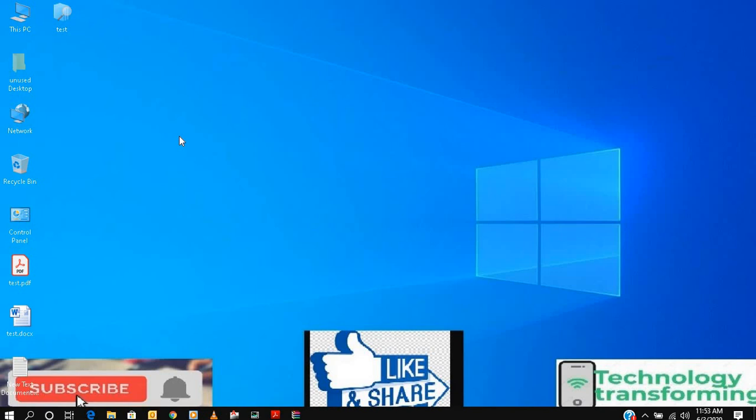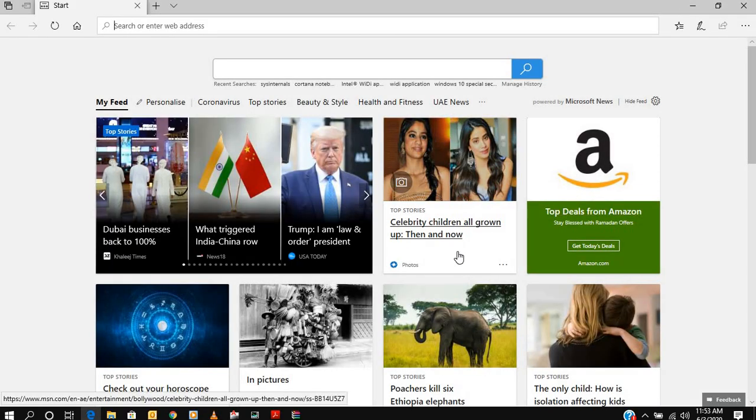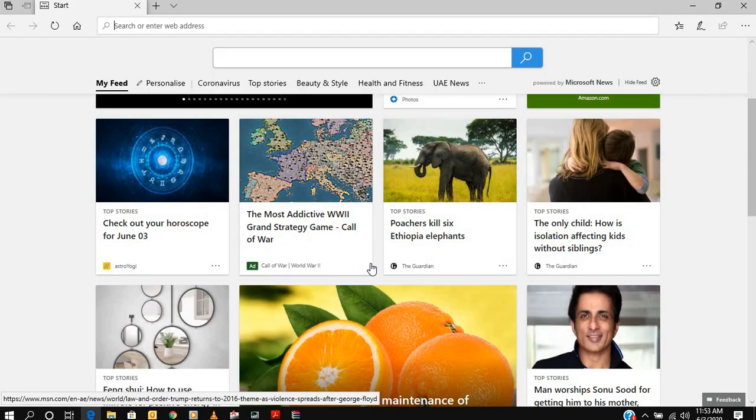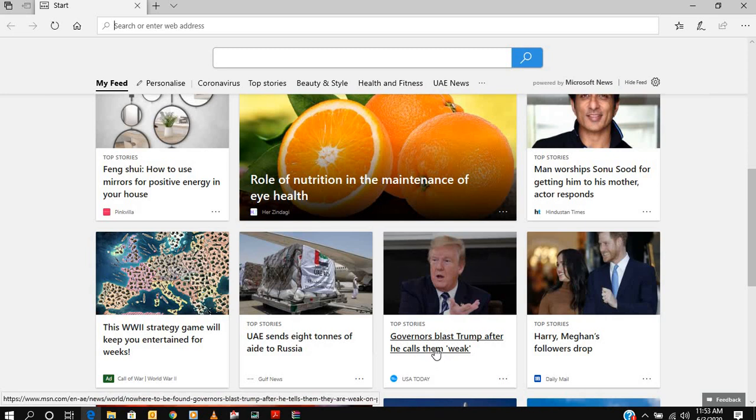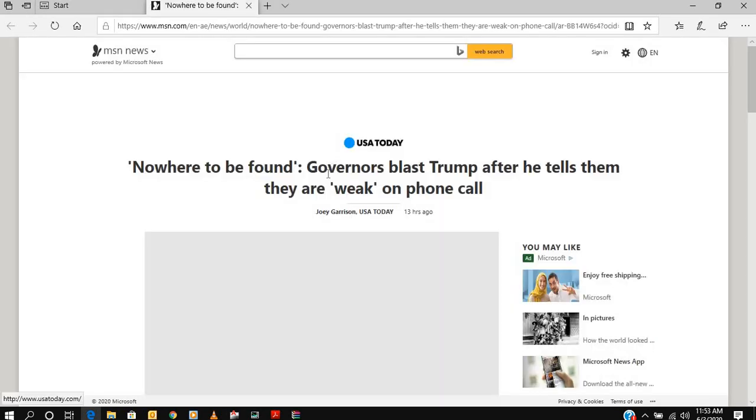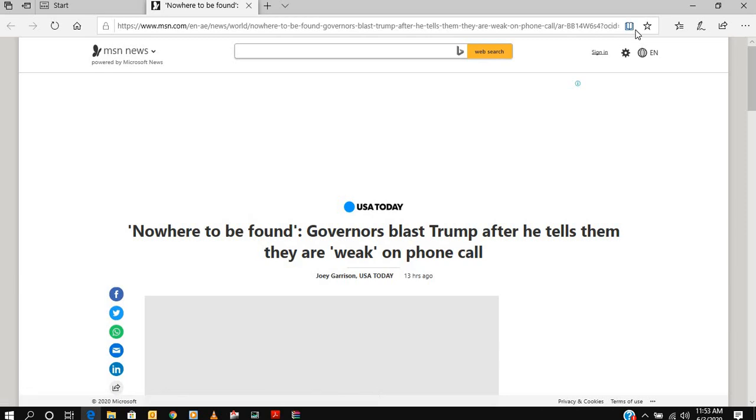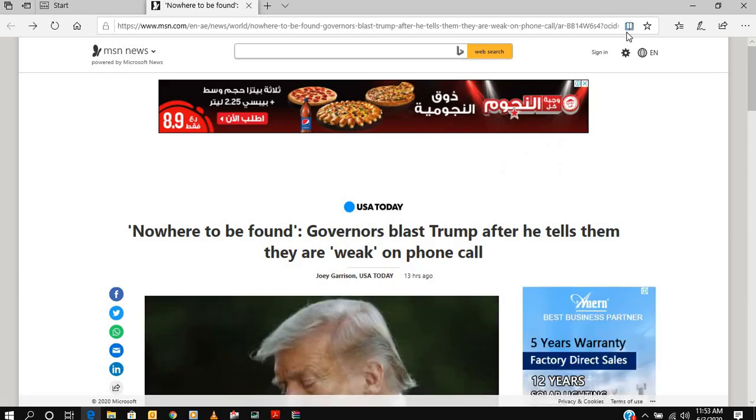Now Microsoft itself has given us one very good feature by which you can print any document. Suppose you are on websites, reading news, and you like this news.